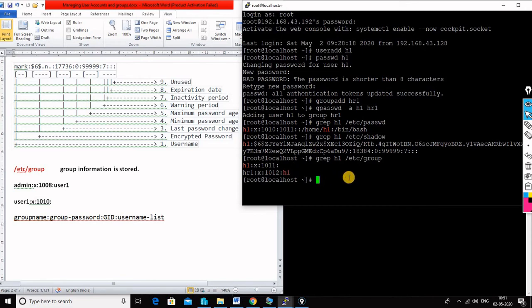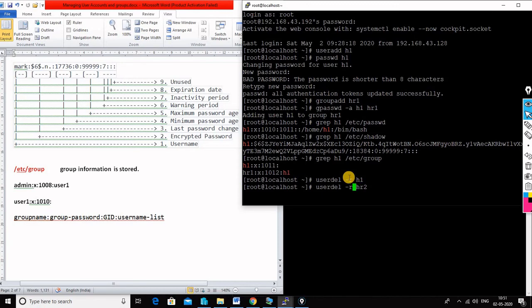Now quickly I will show you how to delete a user and how to delete the group account. For that I will use the userdel command, userdel -r username, and groupdel with the group name.